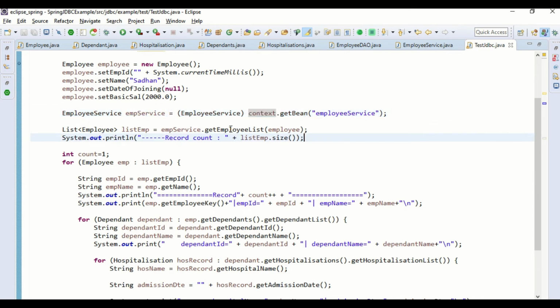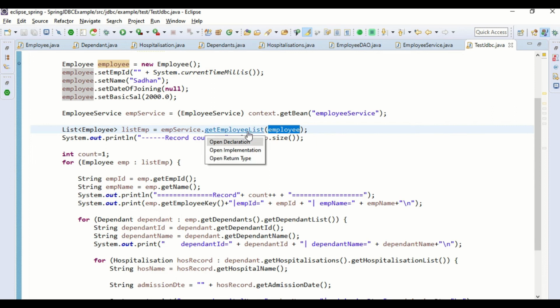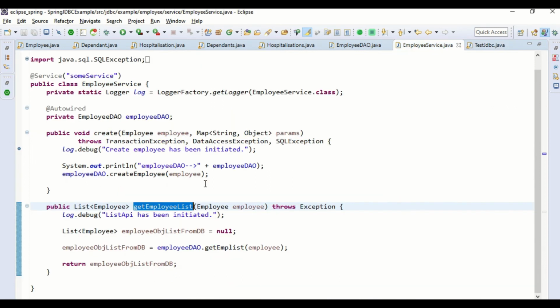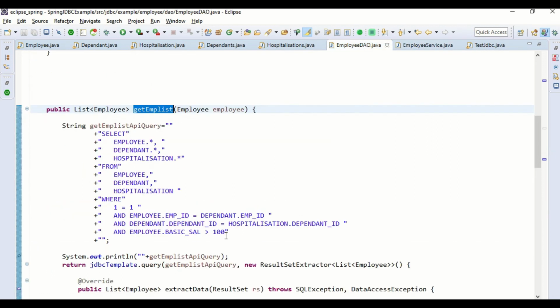Then we are invoking the get employee list method, and we are passing an employee object, but currently this employee object is not used down the line, because we are using a static query. Here we are not using any value from the employee object.